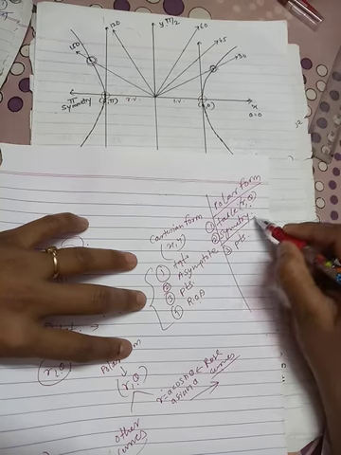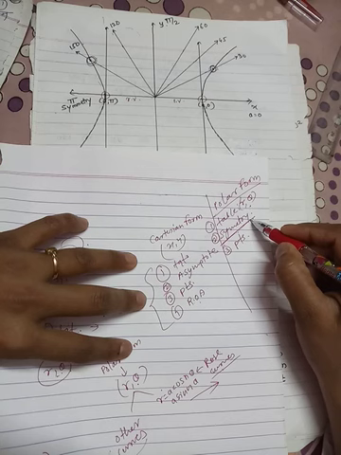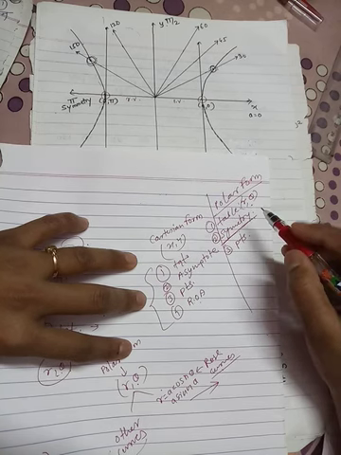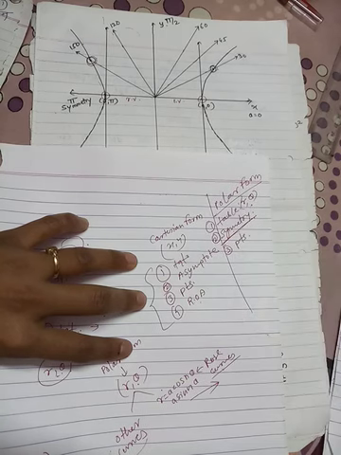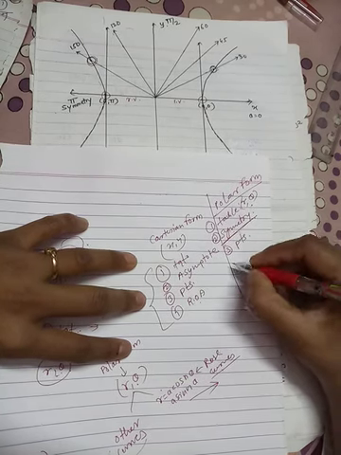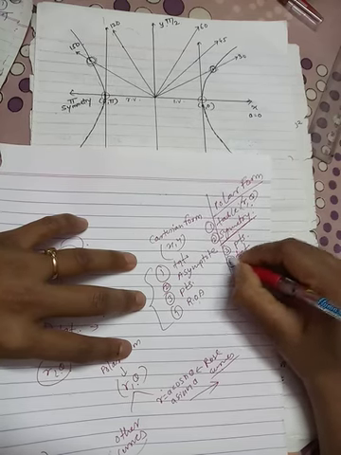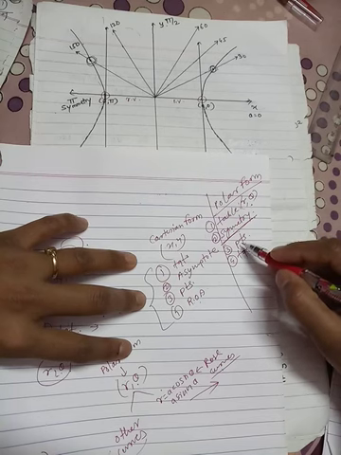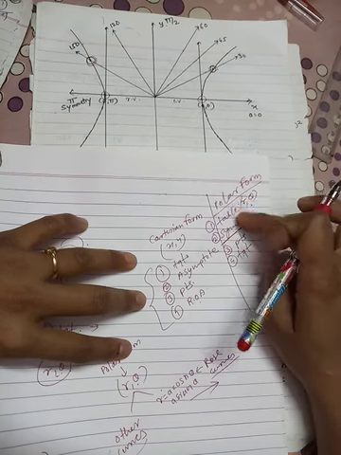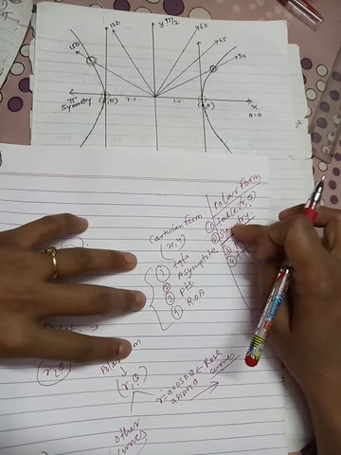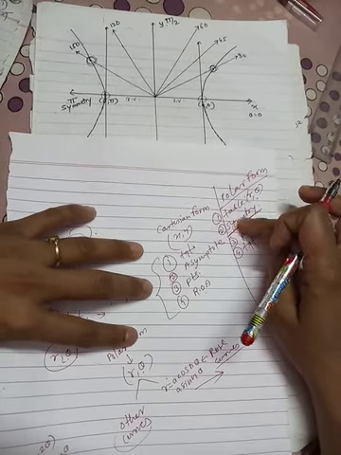By using these first 2 points only, we will get 90% of your curve. That is, using these 2 points only, tabular values and symmetry, we will get the 90% curve. And by using this third point and tangent, we will have the final 100% curve. But 90% we will get by using these first 2 points, that is tabular value and symmetry. So in polar form these points are main.